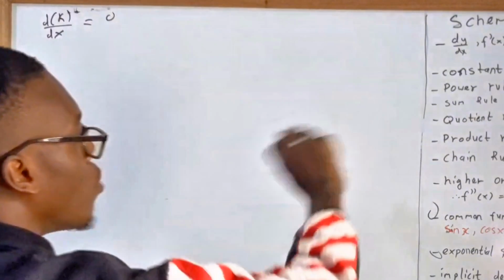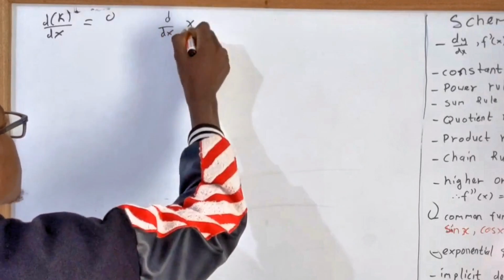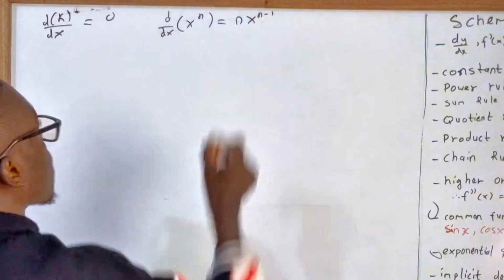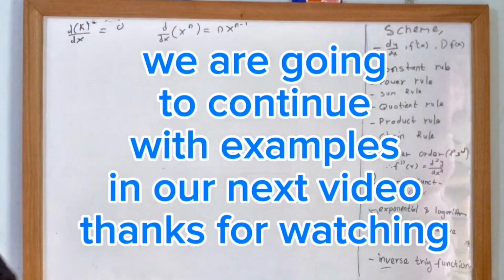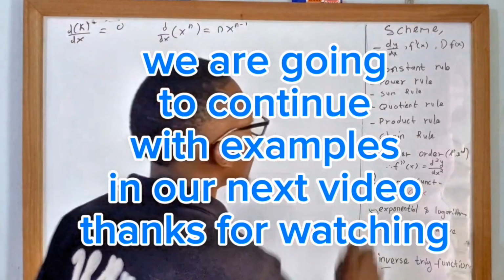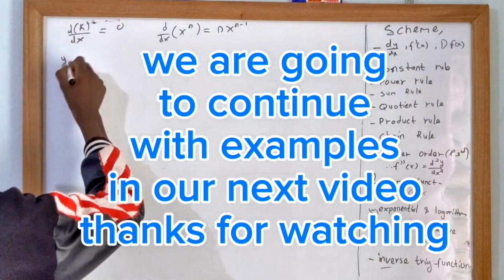That's what we said. Moving then to the power rule, that is d over dx of x to the power n is equal to n x to the power n minus 1. That is how it looks like. Then the sum rule, if you have y is equal to f of x,